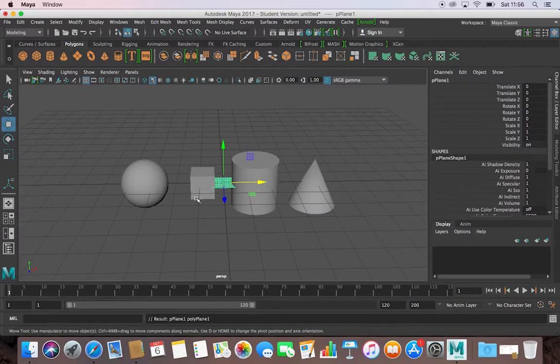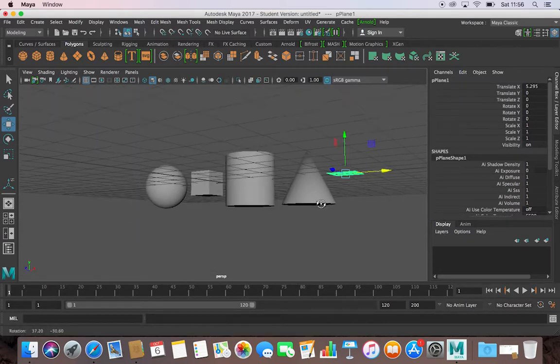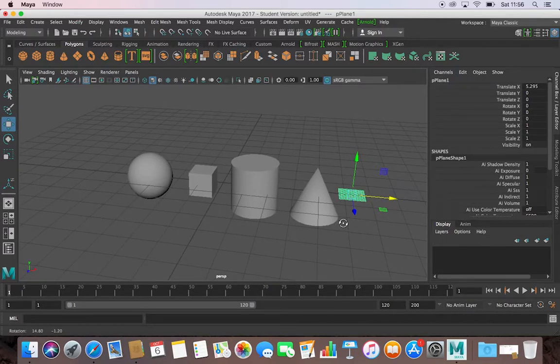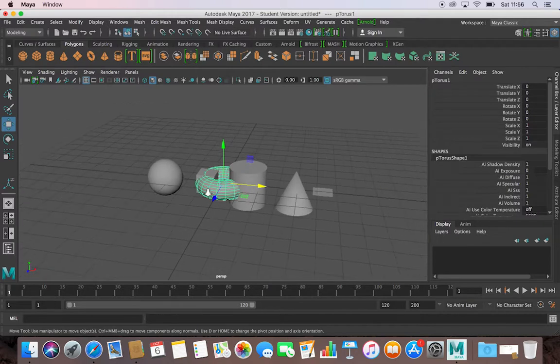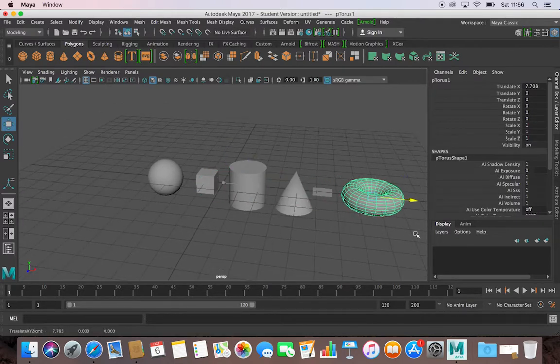We'll make a plane. A plane is basically like a 2D form in 3D space, so it's not got an actual mass to it. It is just like one side of a cube, but it's something we can use, and we can wrap them around things and cut holes out of them and all sorts of interesting stuff. We'll then have a torus. A torus is a Homer Simpson style donut. We'll have a pyramid, and we will have